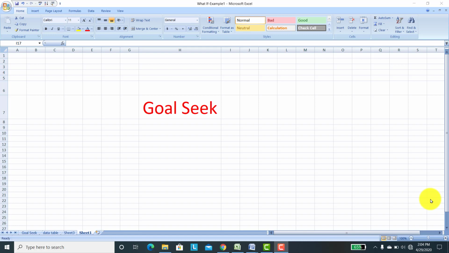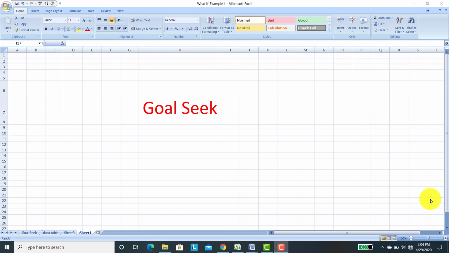Today we will learn the Goal Seek feature. Goal Seek is a process of calculating a value by performing what-if analysis on a given set of values. This feature lets you adjust a value used in a formula to achieve a specific goal, or we can say it determines the input values needed to achieve a specific goal.